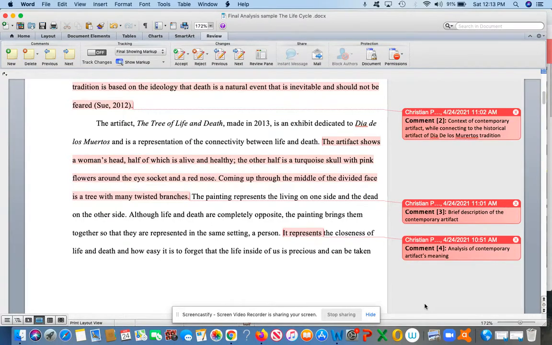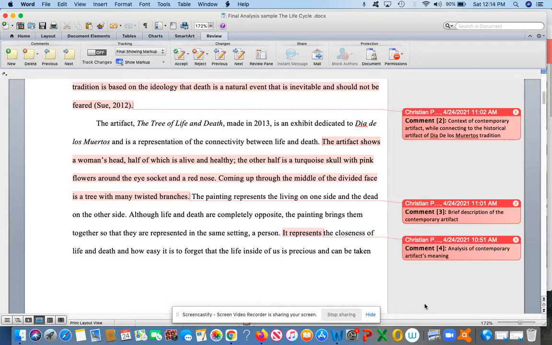I think it's a great idea to start with a brief description of what the artifact looks like. We'll see at the end, this one also contains the actual visuals, which is super helpful for me. I don't mind a link to go and look at it. Either works. The writer doesn't spend a whole lot of time, though, talking about